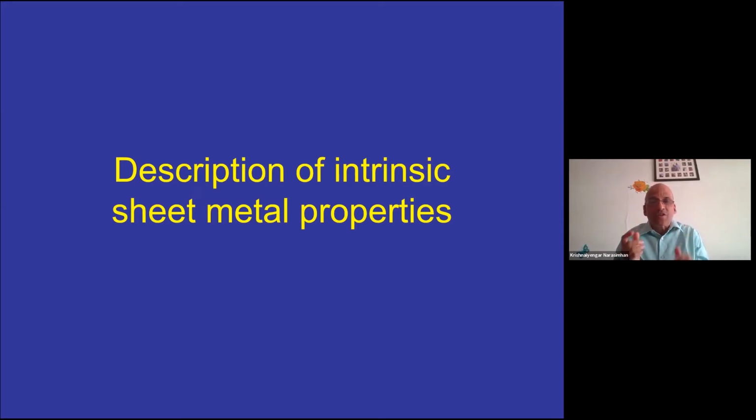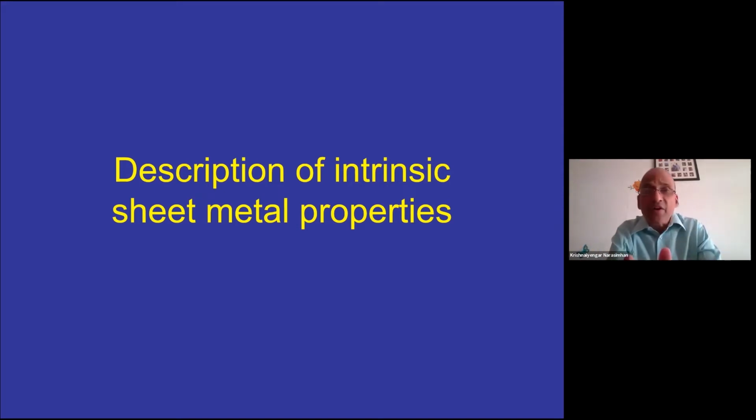So now if you visualize how you would represent it, you can think that at every point in the component you can calculate, measure, whatever, the combination of major and minor strain, and you can even plot it for all the points in your sheet metal component. The moment you do that, then you know that you have a complete description of the forming behavior that has gone into producing that component, right?